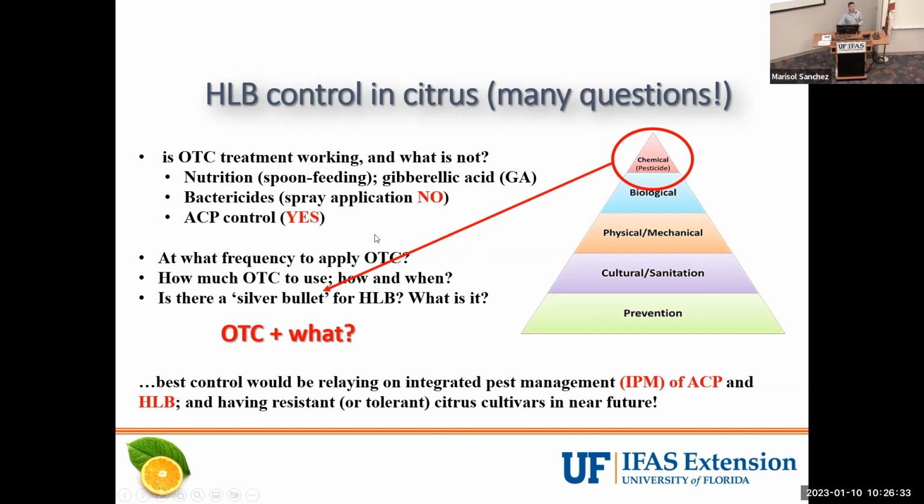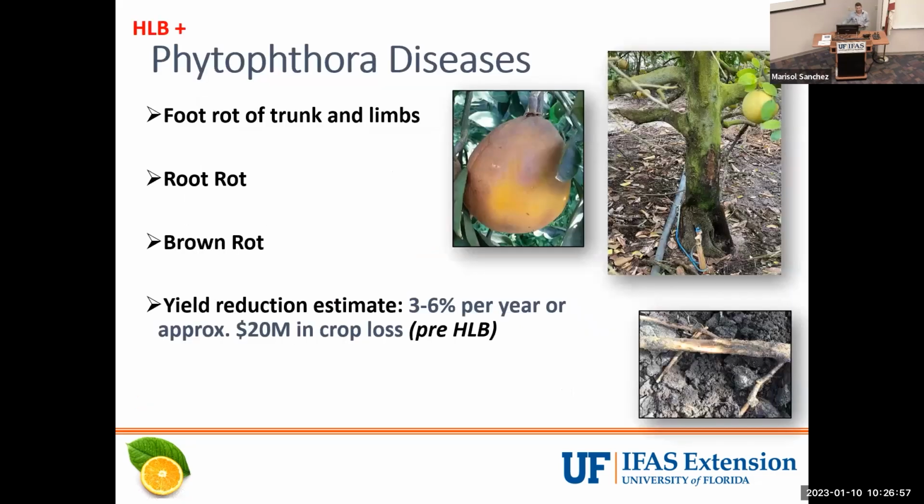Still, we don't know how often we can inject OTC, how much and when, and in what trees it will work, and so on. So we have to not let our guard down, hoping that OTC will solve everything. And ultimately, IPM suggests that we will need, at some point, tolerant or resistant varieties to combat this disease. Okay? So the second part of my presentation is about